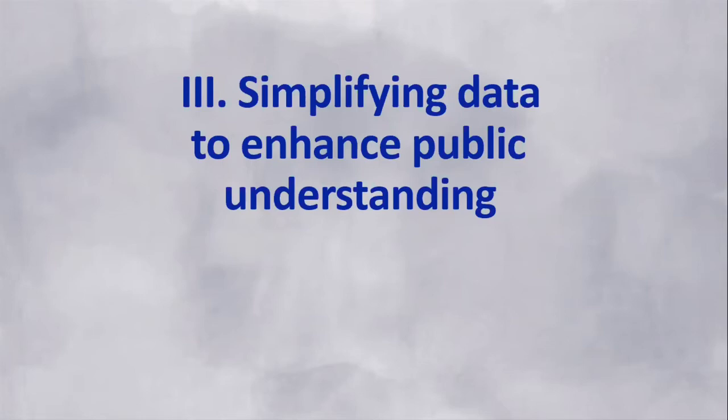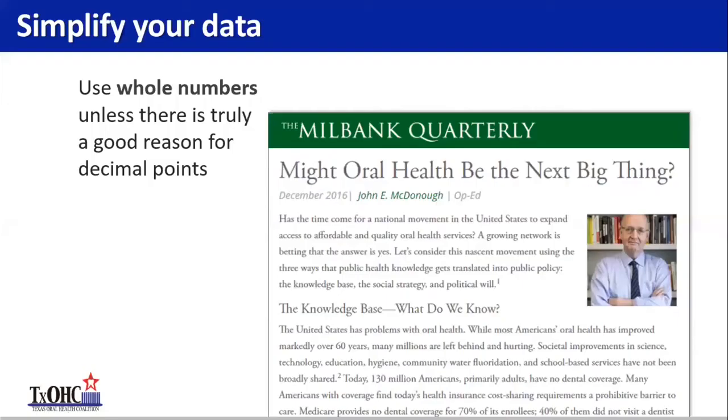Will do. So a lot of times we are trying to take data from deeper reports and pull it into a fact sheet, an FAQ, maybe an issue brief that's 4 or 5 pages at most, right? We don't really have a lot of space or time for tables or charts. And if we do use them, they need to be fairly simple. But also the numbers we use should be as simple as possible. And so this is one of the simplest, but I think best rules I've seen, and it's considered a best